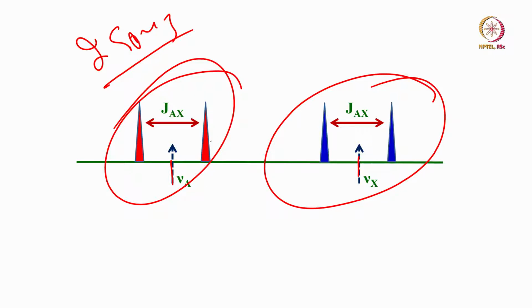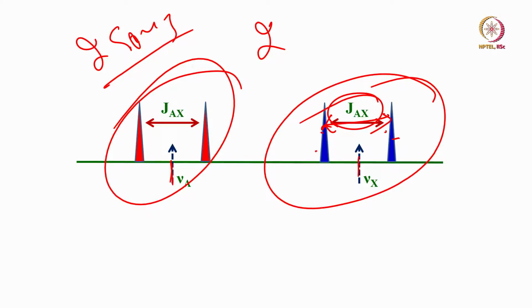The chemical shift of the center of this doublet gives you the chemical shift of one nucleus, and the center of this one gives you the chemical shift of the other nucleus. The separation between this coupled multiplicity pattern, the coupled spin multiplicity, gives rise to what is called the coupling constant. This is called J coupling. Now I am considering two spins, each of them will become a doublet, and the separation is the J coupling.